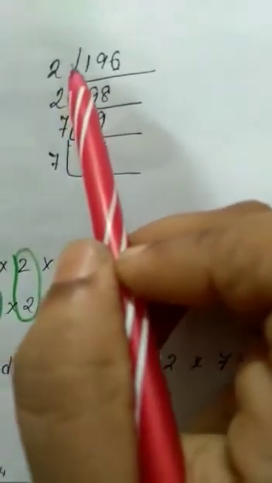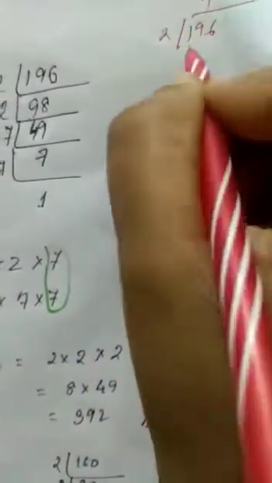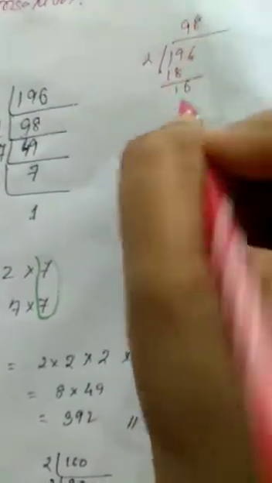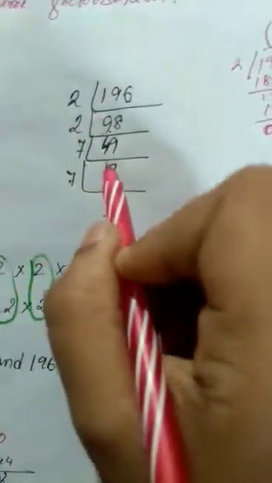We'll check if it's divisible or not. So 2 9 18, if you see here 196, you can do 2 9 18, then 1 6, so 9 2 8 16, so it's completely divisible by 2. So what will be the quotient here? 98. This one we will write here. Now we will divide it by 2, and we will get 49.